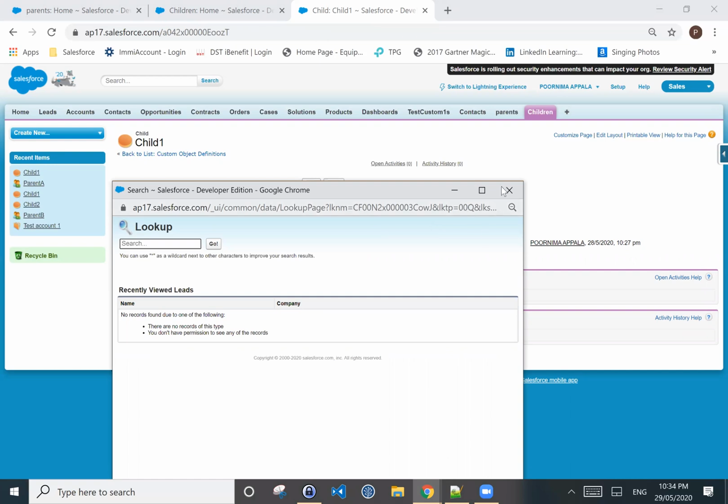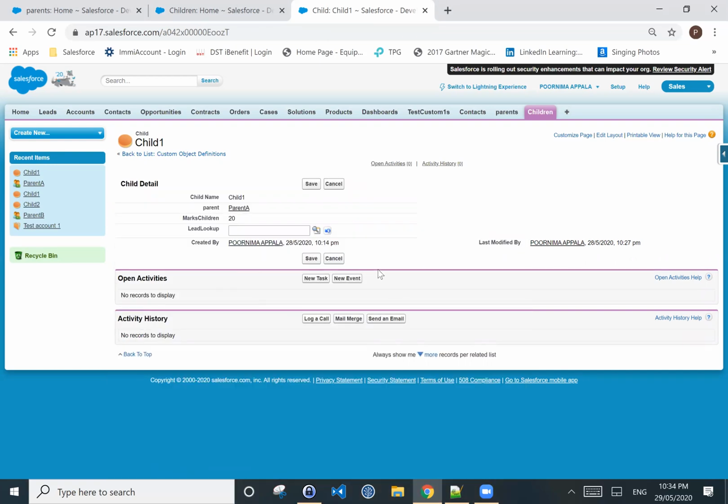Now one more thing. We have deleted the leads a few days back. Once you delete any record, Salesforce has a recycle bin, and that recycle bin can hold your data for 15 days. Now click on recycle bin.